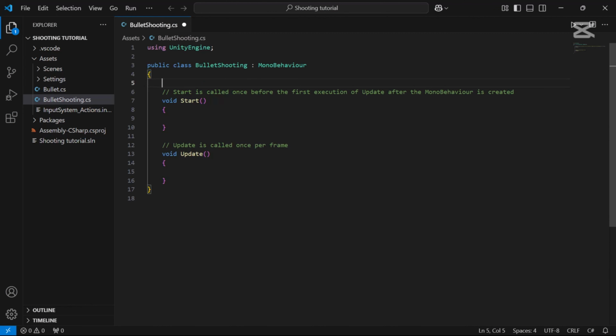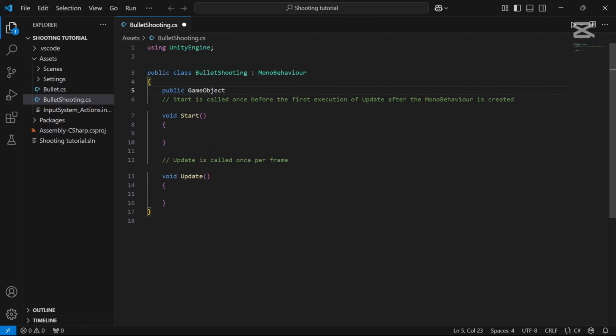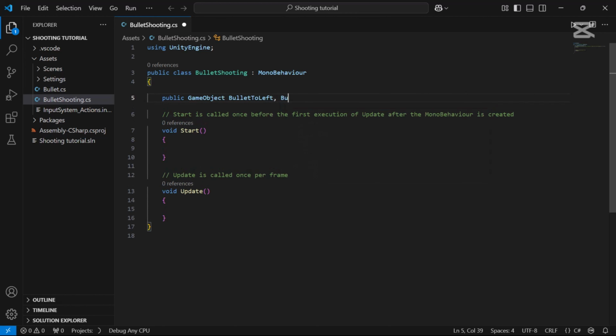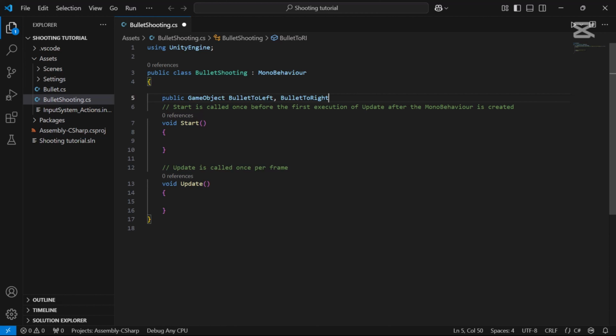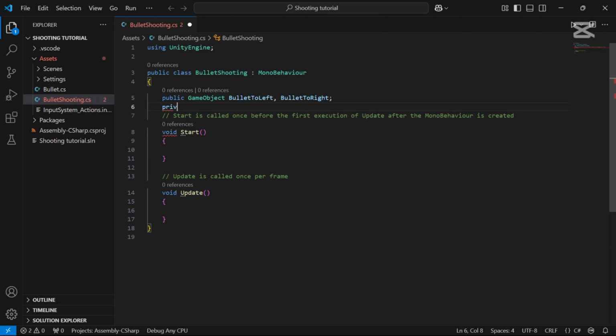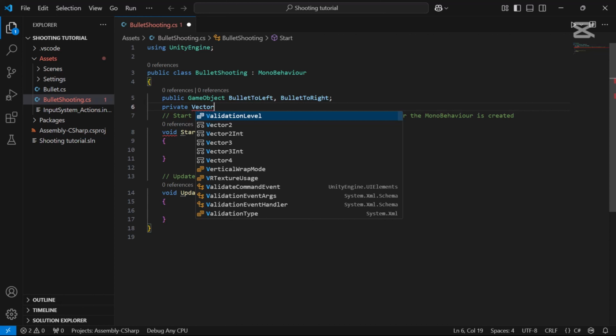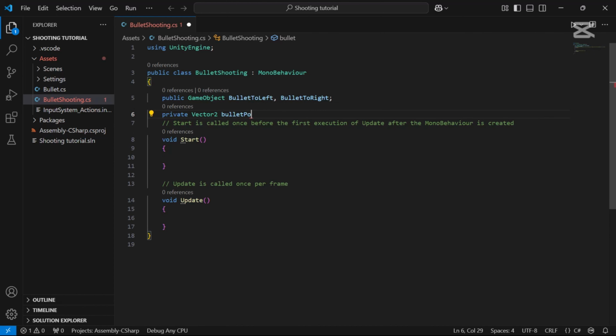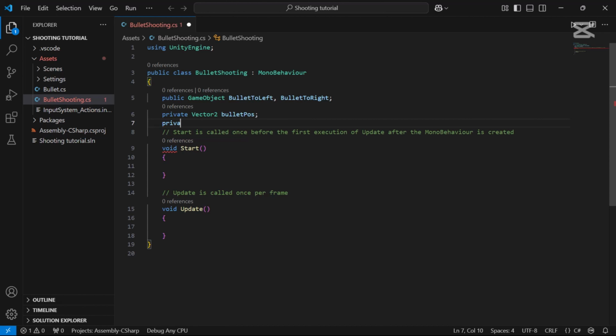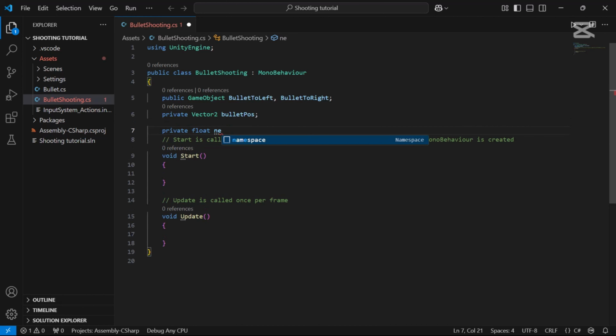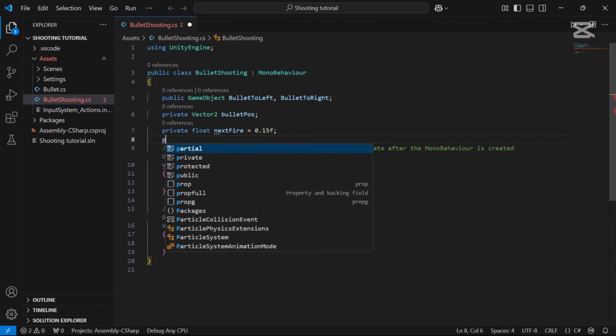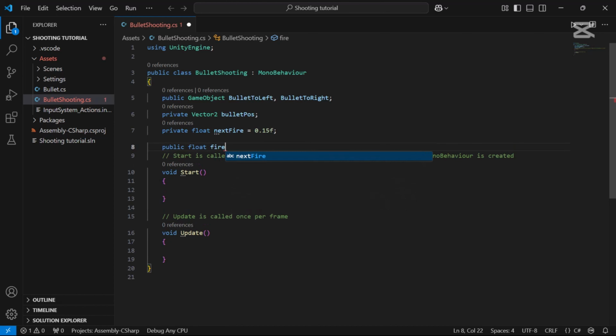Alright, first thing you want to do is public game object bullet to left, comma, bullet to right, and then private vector2 bullet position, and then private float next fire should equal 0.15f, then public float fire rate, which would equal 0.5f,